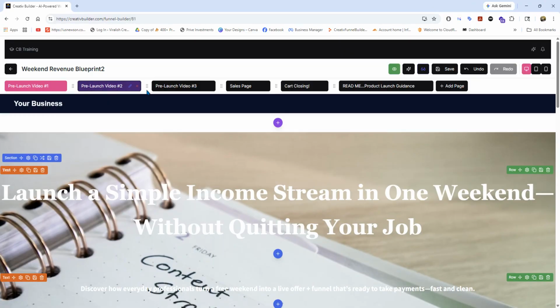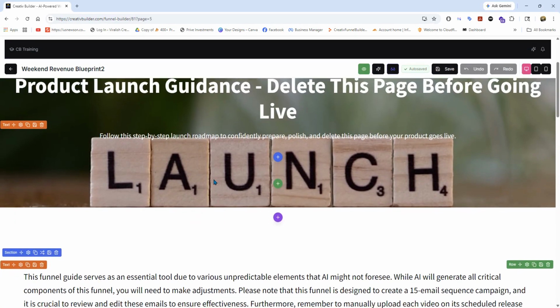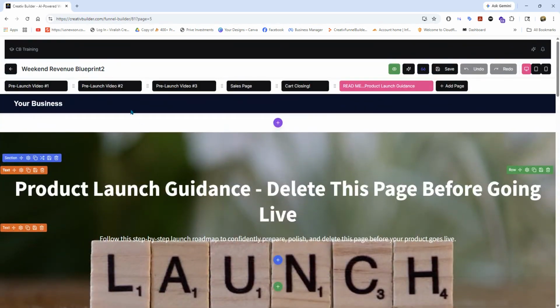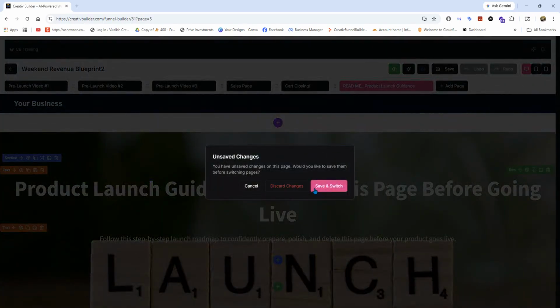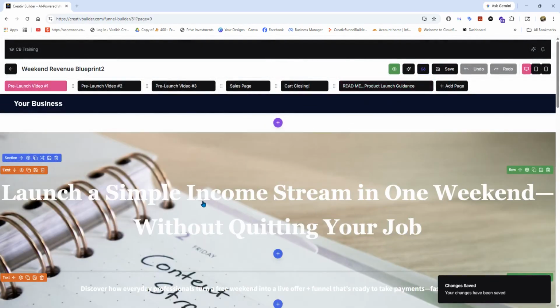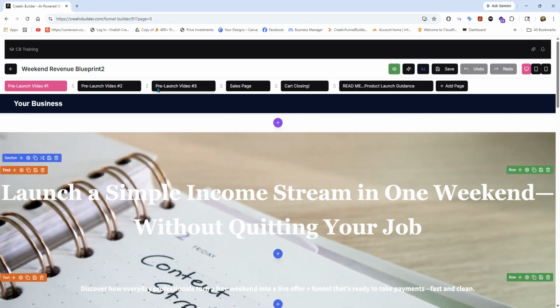And the launch funnel has 5 pages, and it comes with a README page, which is just a little guidance. So save and switch, and it asks you that every time you move from tab to tab. Now, if you wanted, you can move the tabs around. I don't suggest that on a blueprint, but if you're creating your own funnel from scratch, you can move tabs around, or if you're adding a tab, you can simply add a page by clicking here,